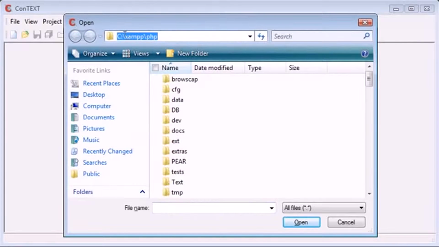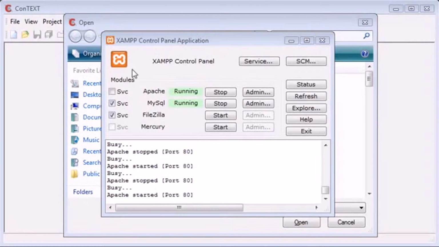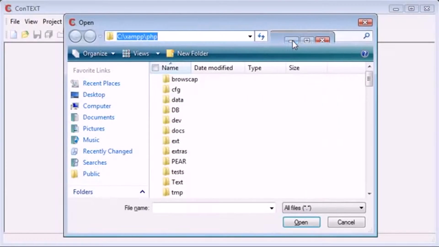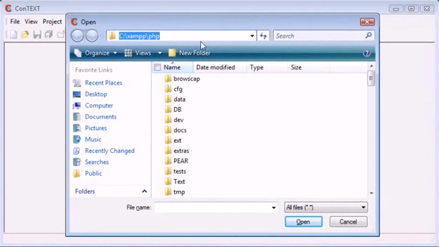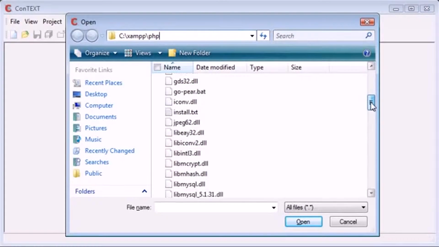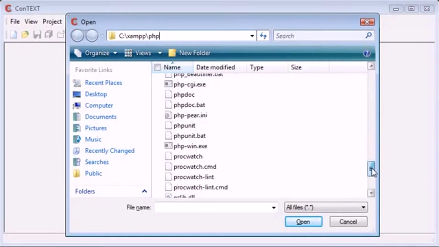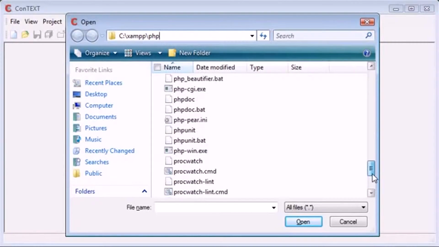Now you can see that at the moment I'm in c:\xampp\php. Now this is because I'm running a XAMPP package. You can see here I've got my XAMPP control panel open, and I've got Apache and MySQL running. This is just a package that I've installed that contains Apache along with PHP installed with Apache. So this is our folder with PHP, and it's got all the information and the runtime DLLs with regards